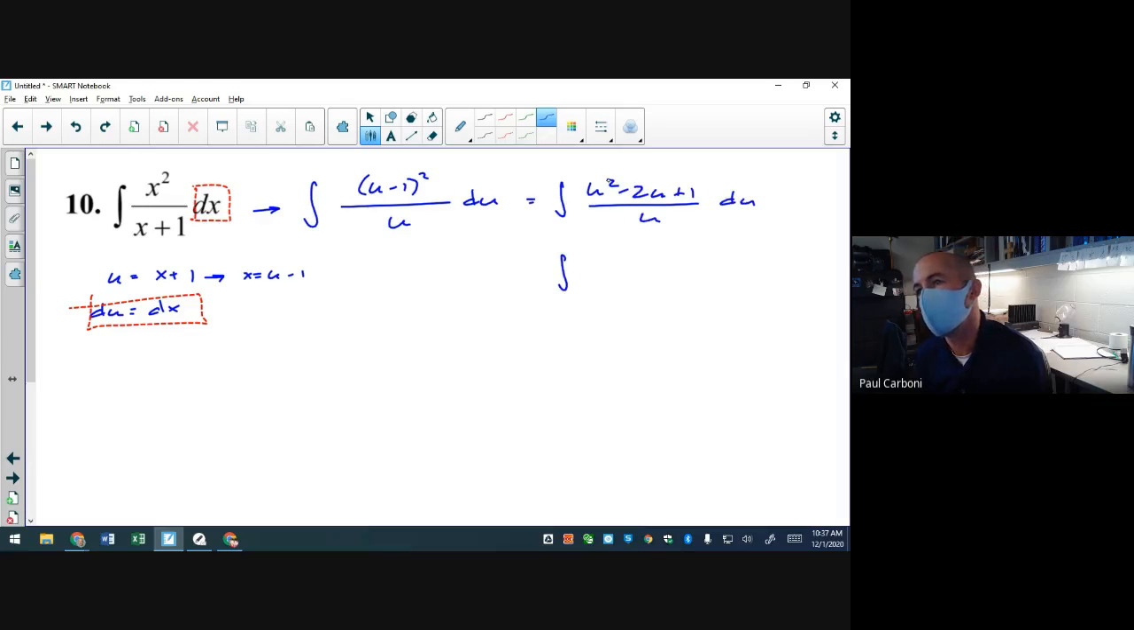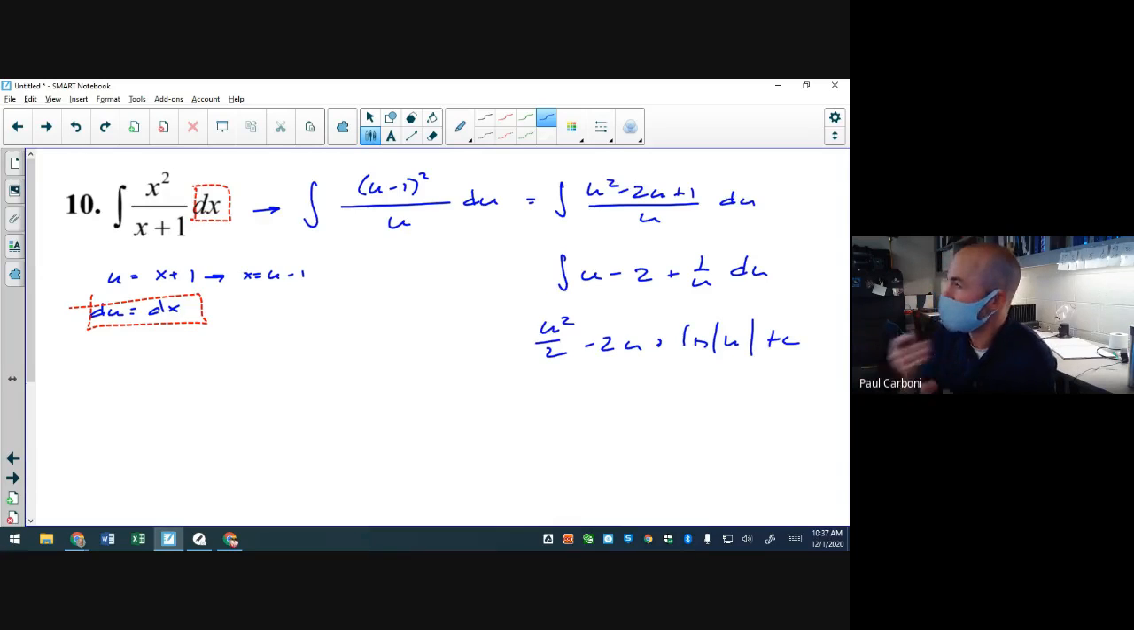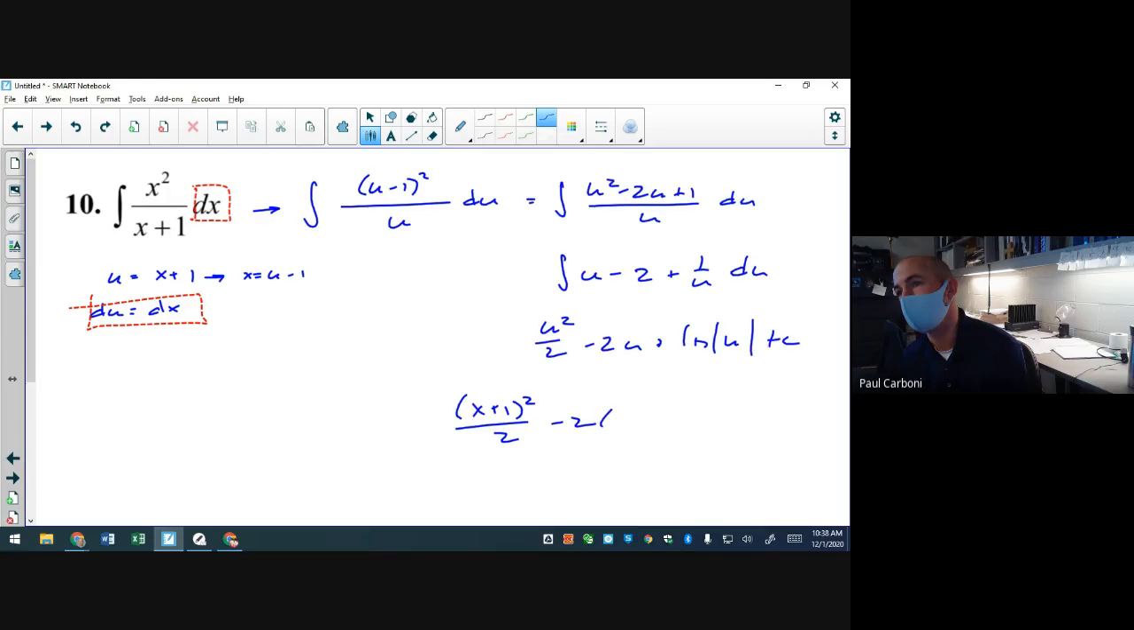Divide it out. U squared over U is U. 2U over U is 2. 1 over U I will not change because I recognize that as a natural log. So the answer is U squared over 2 minus 2U plus natural log U. And then you could substitute in, right? That would work. That's not the way I would recommend doing it, because when you substitute, you'll end up with X plus 1 squared over 2 minus 2 times X plus 1 plus natural log of X plus 1